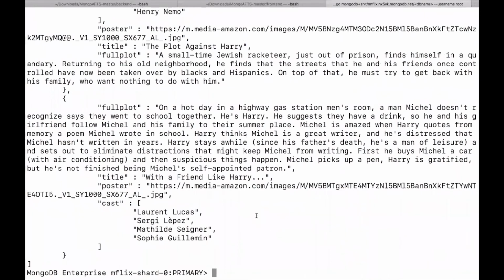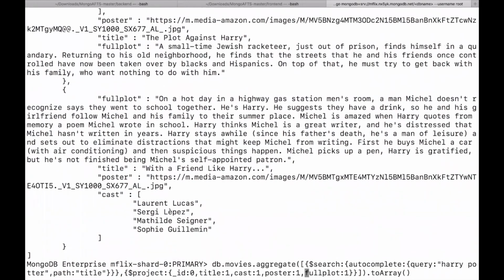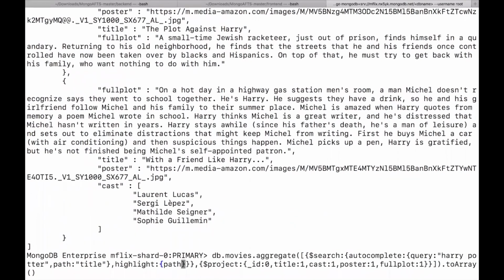For that, in the same way, I am using this aggregation query, where I am telling highlight with a path, I am mentioning as fullplot, and also here I am telling highlights with a dollar meta searchHighlights.